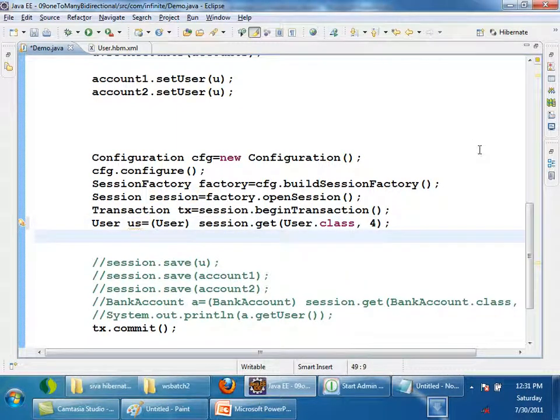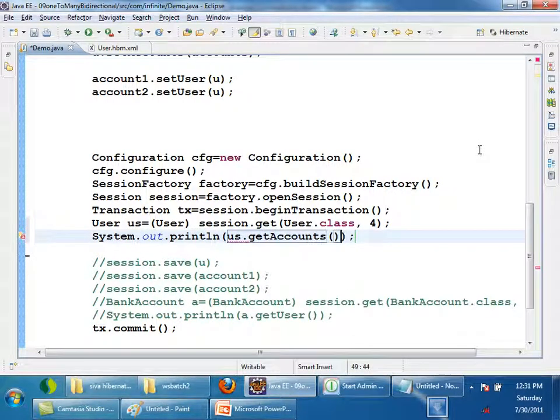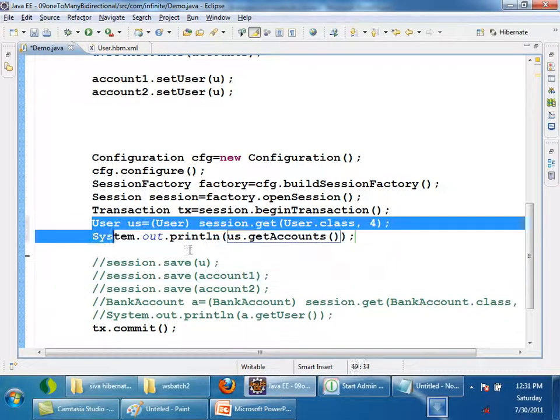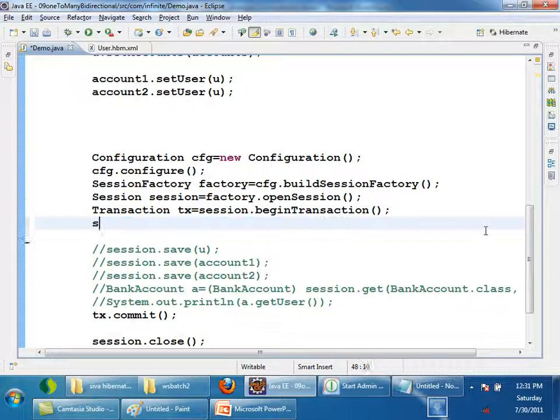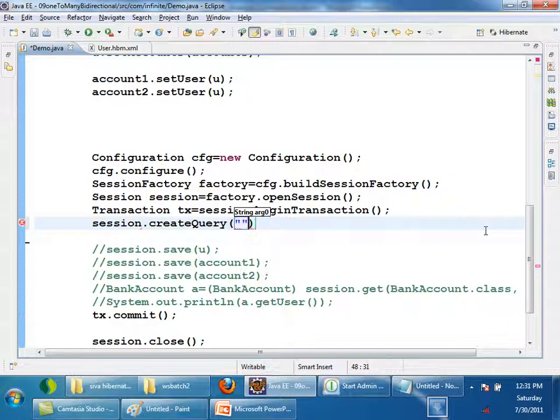Then for the first time I will try to print system.out.println us dot get bank accounts. I have to fire a select query, right? Not get. I have to fire session dot create query from user dot list.